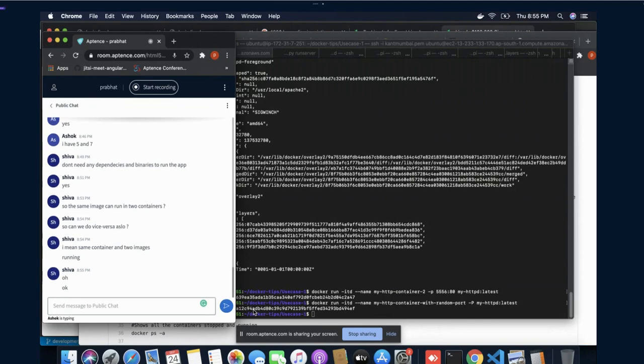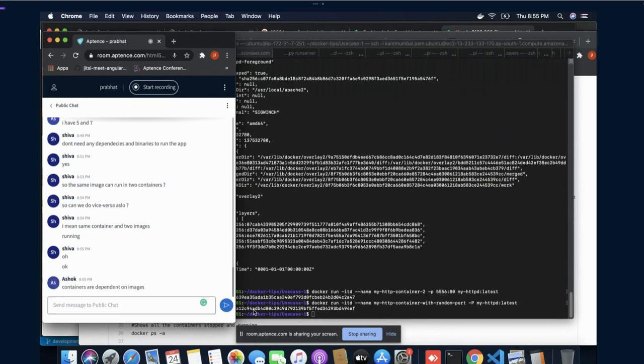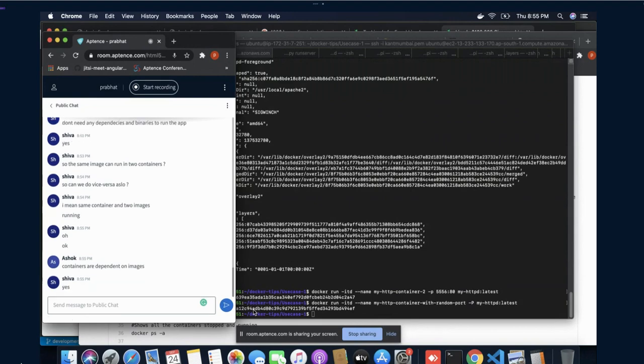So I think it is clear to you how this thing works. Yeah, containers totally depend upon the Docker image.